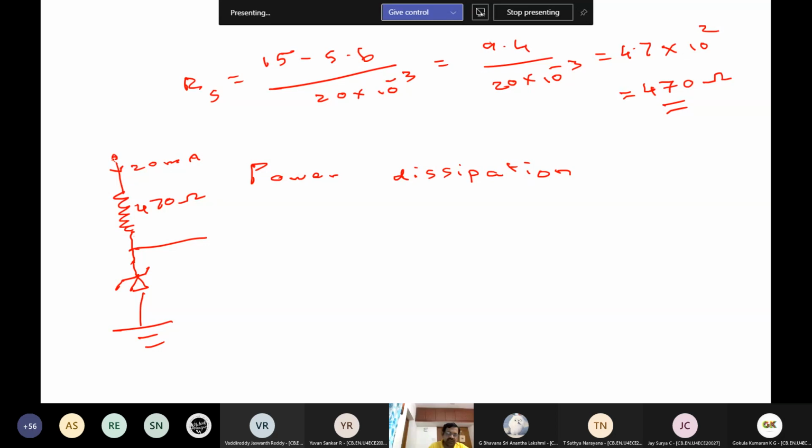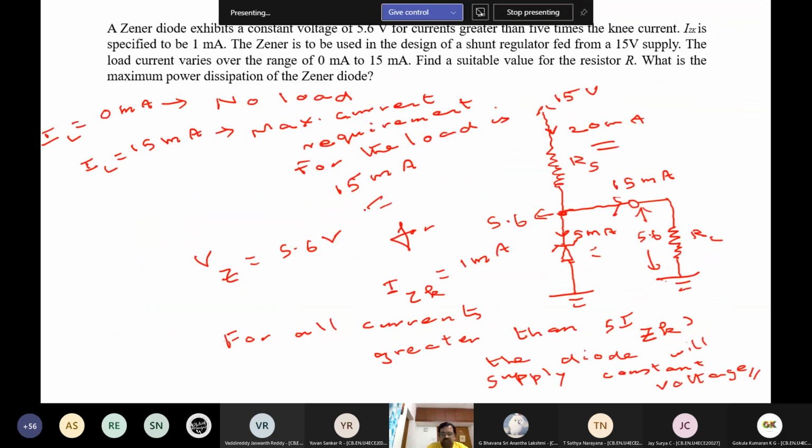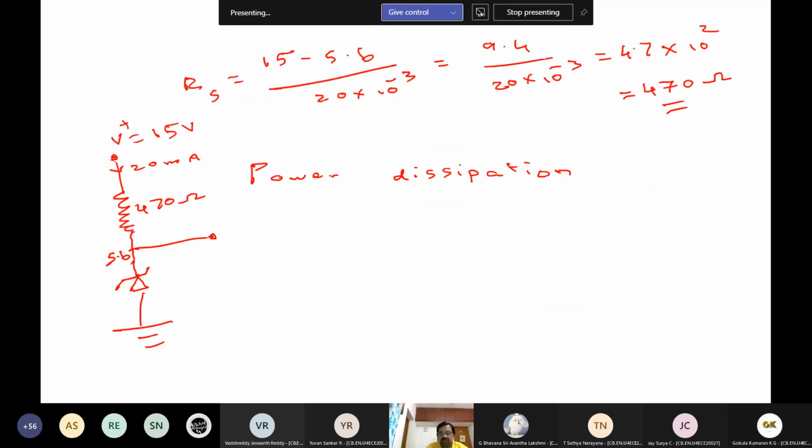And this voltage is V plus equal to 15 volt, right? So this is 5.6. Now that I have constructed it, this is my load. Now the question asked, look at the question, maximum power dissipation. When will maximum power dissipation happen? So it is not merely power dissipation, maximum power dissipation. It will happen when IL equal to 0, means all of the total current